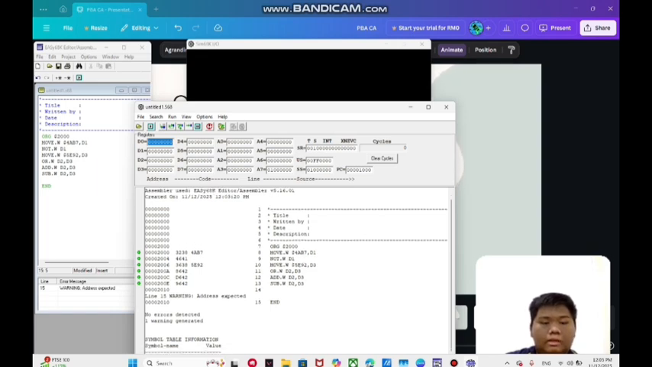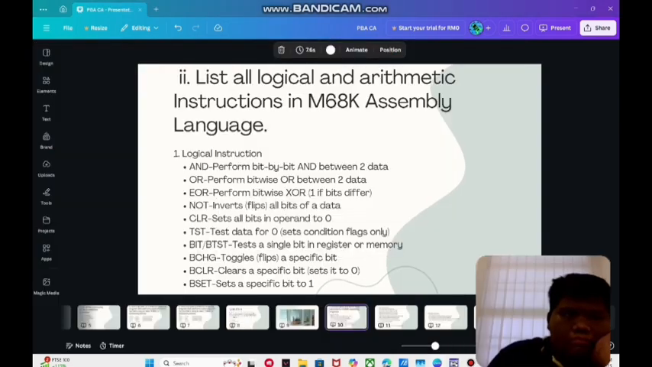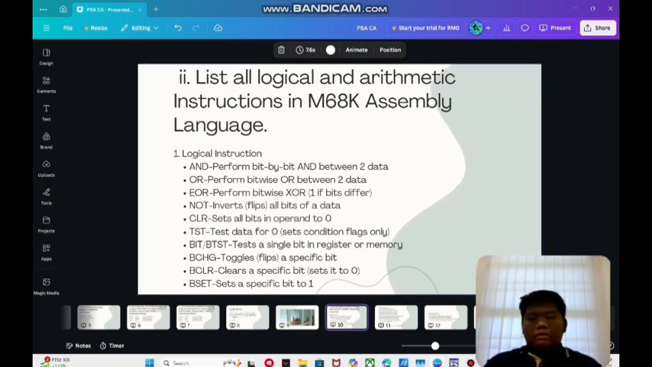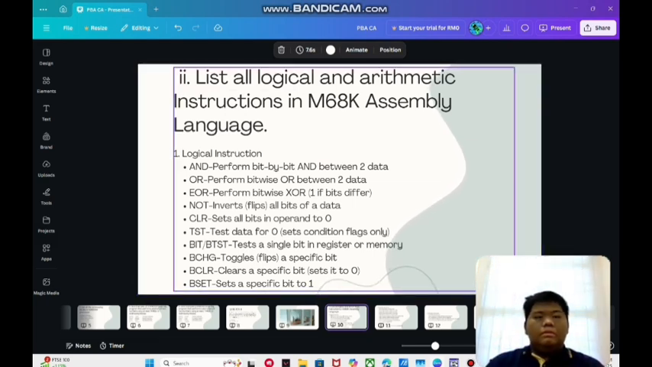Okay, that's all from 1B1, and I'm gonna go for 1B. Okay, this is for the 1B2. List all logical and arithmetic instructions in